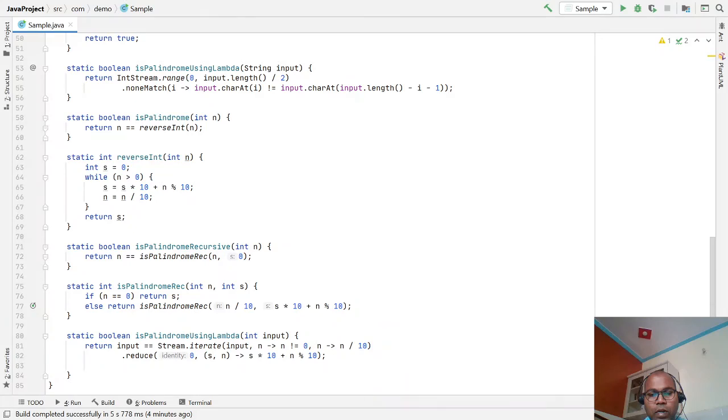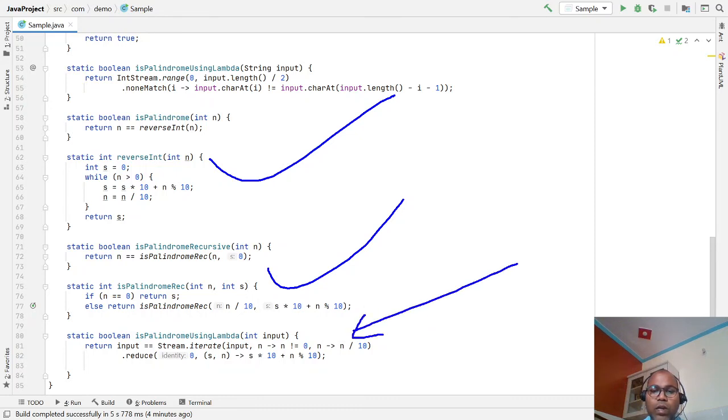So my input here is that whenever you write any code, if you are familiar with the iterative way, it's good. Then think about the recursive way, but nowadays try to write the same code using a lambda expression.